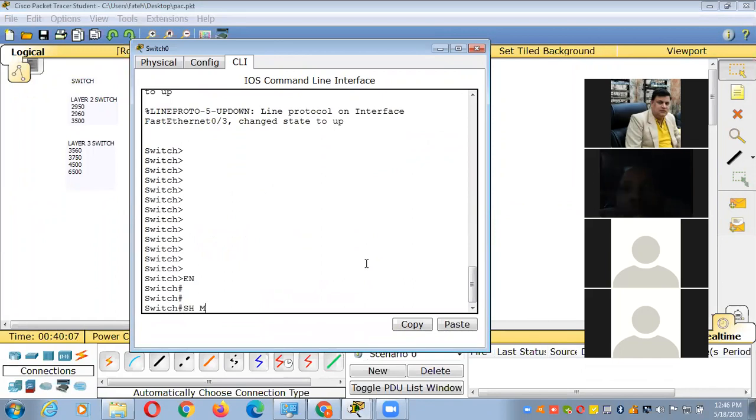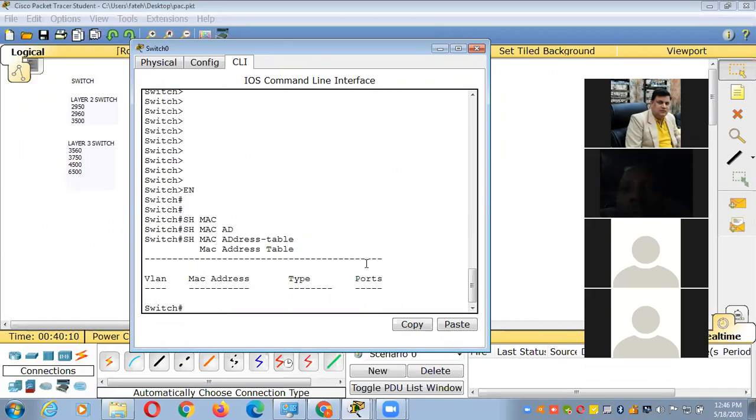Show MAC address table. In this MAC table, you can find the connected computers' MAC addresses. But currently, the MAC table is blank.